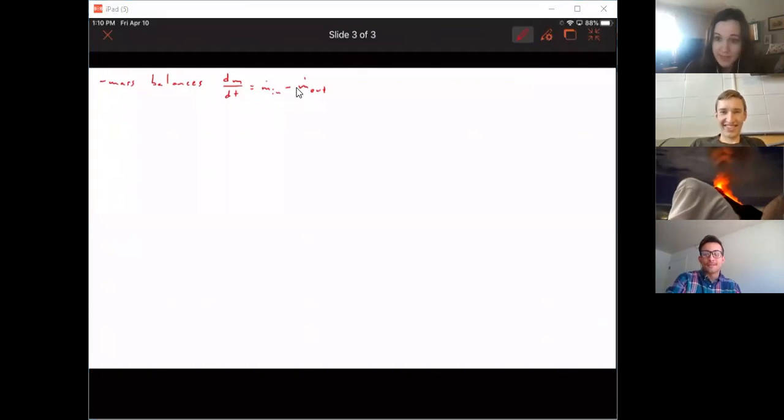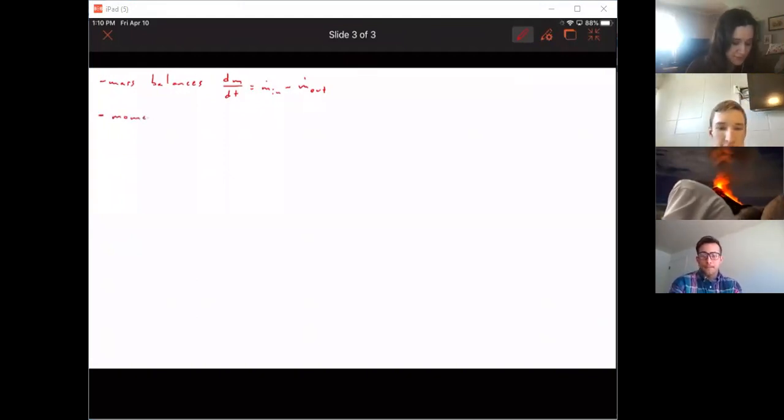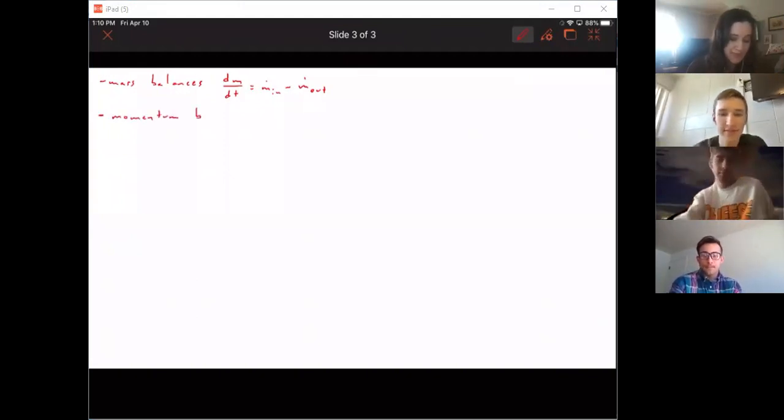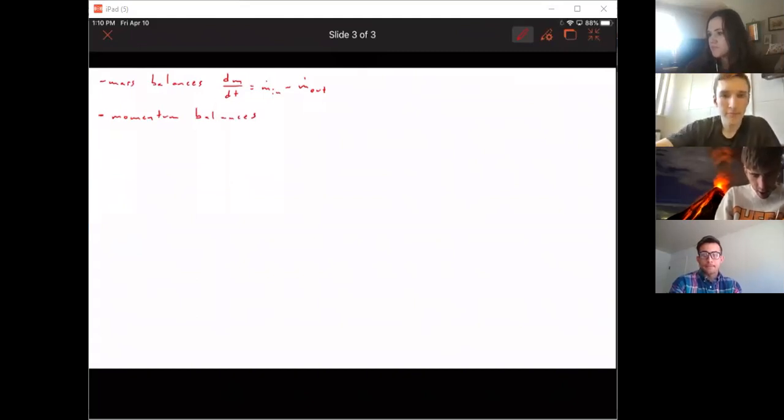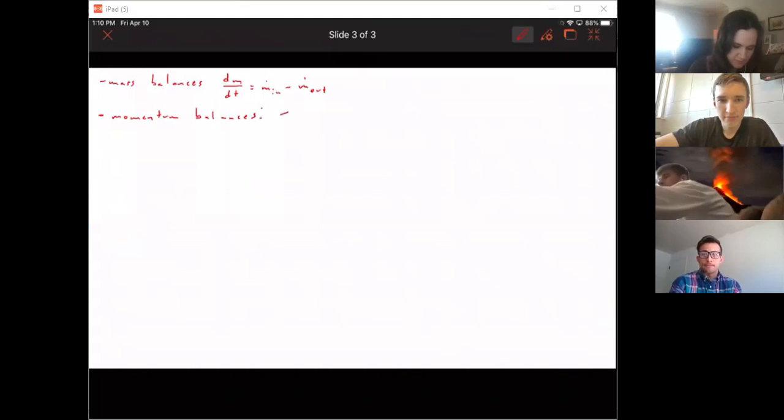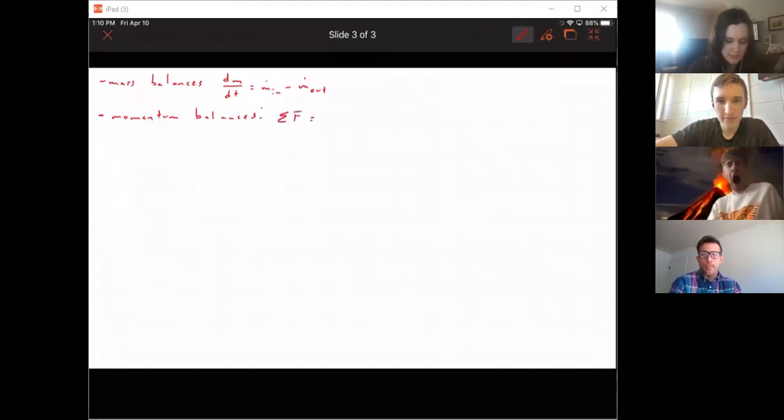Okay, so that's what's happening with mass balances. And then momentum balances. Let's spend some more time here because this is probably not something that you have had in other classes. So momentum balances, we derived it, but then skipping ahead, we get this. Summation of the forces on the flowing fluid is equal to